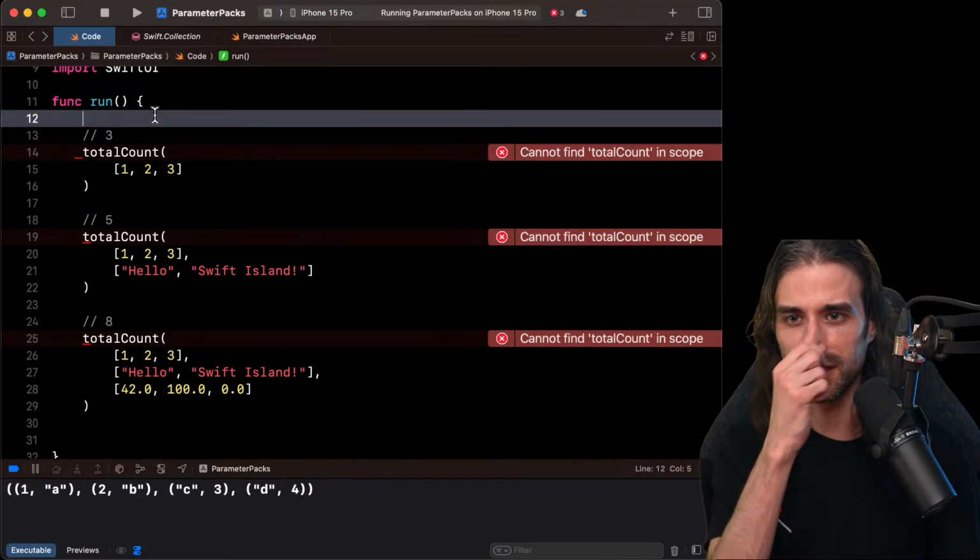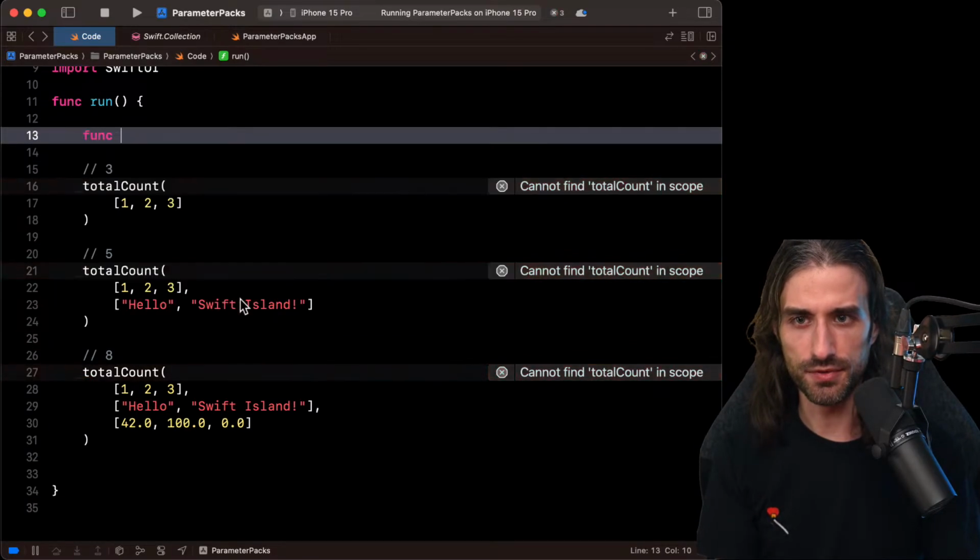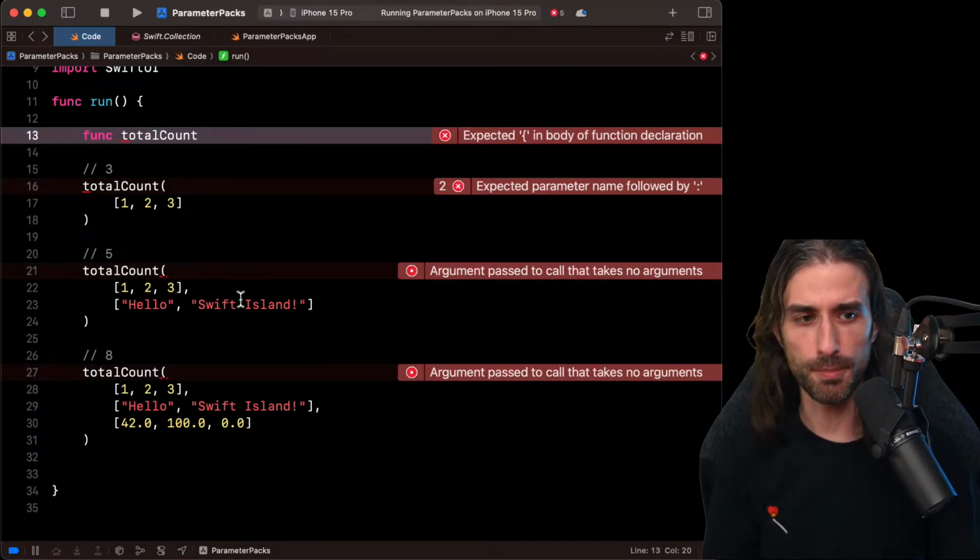So let's try and implement this function total count. Just as before, it's a function. I use the keyword func. I define the identifier of the function. I need to define a parameter pack, so it will be similar to what we did with the function first, because we want to take any number of arguments, but each of them must be a collection.